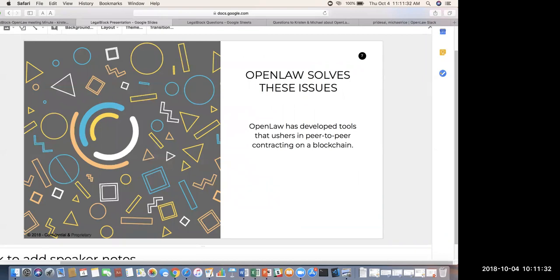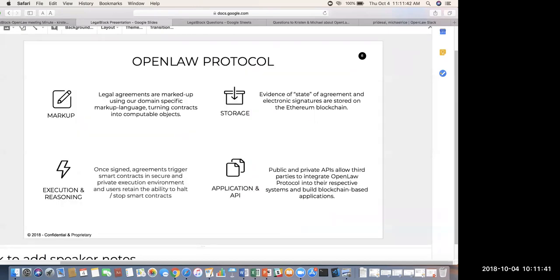So we're developing tools that usher in peer-to-peer contracting, solving a lot of the issues that I just mentioned. So the OpenLaw protocol allows legal agreements to be edited using our domain-specific markup language, which turns legal agreements into computable objects. Once those agreements are signed, they trigger smart contracts in a secure and private execution environment, and parties are able to halt and stop those smart contracts, which is very important when you're talking about automating processes.